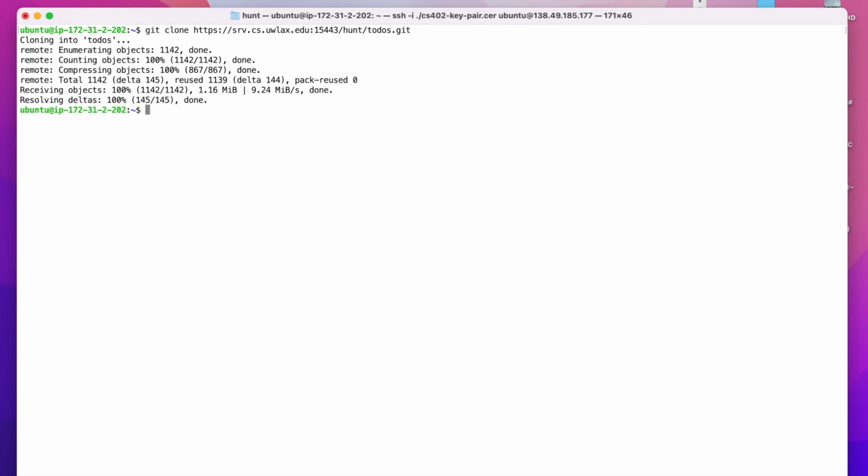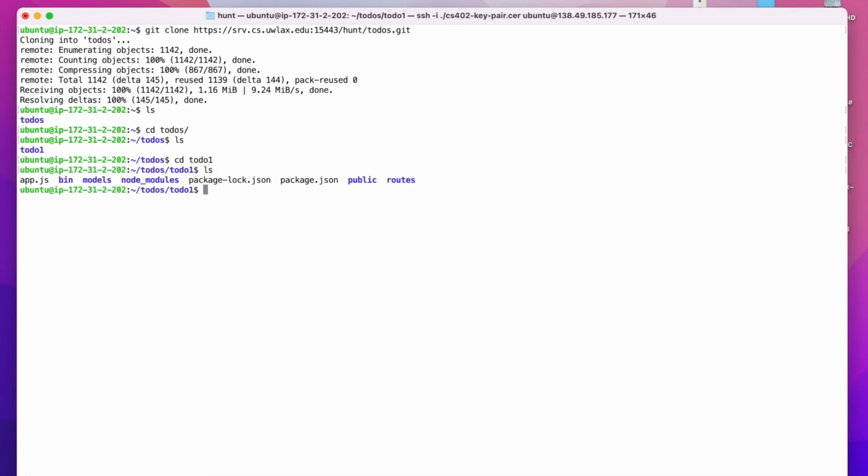Okay, so I've got the project installed, the to-do application. So let's take a look at that. That's a Node Express application. It's actually named to-do1. So there's the application itself. It has the correct file and folder structures for an